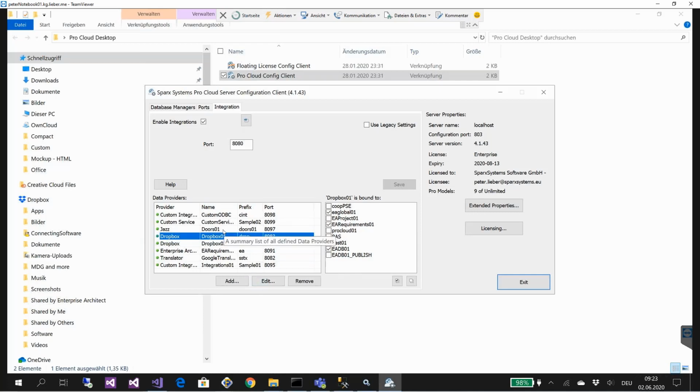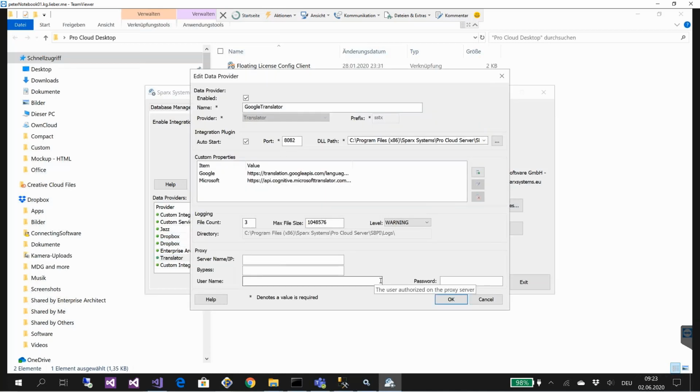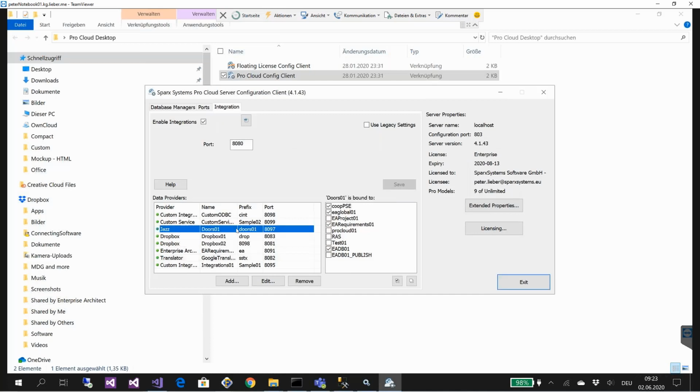And if you want to see as an example how this translation is defined, we can jump into the configuration. There you see that the provider is a translation provider. It's using a DLL behind it and has two APIs integrated where this translation takes place. If we jump to Doors as an example,